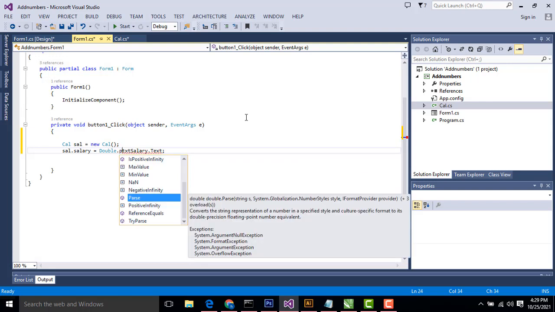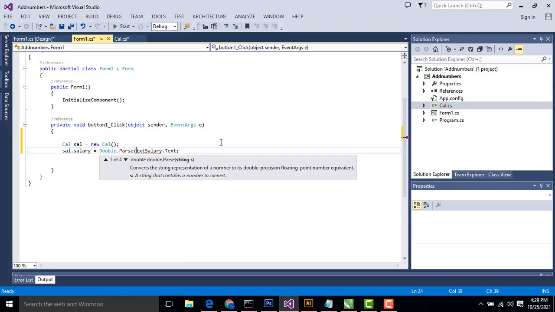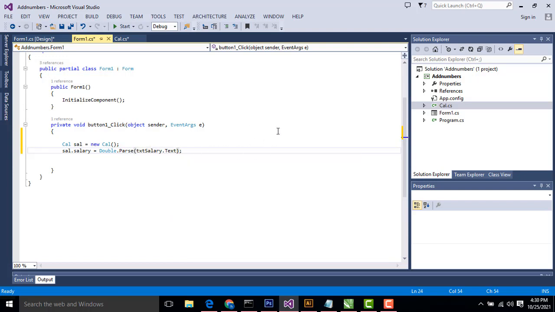Double dot parse, it's like this, right. That's the thing we have to do.